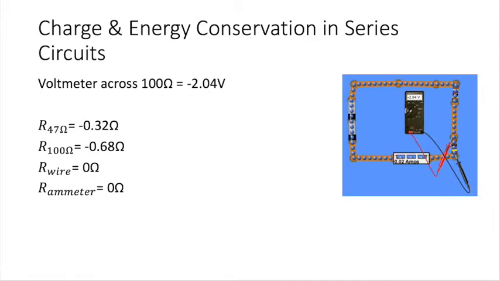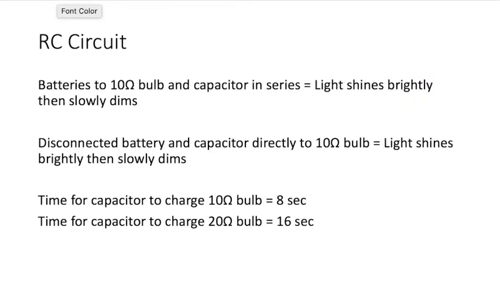Resistance for each of the circuit elements was calculated by the change in voltage divided by current. The resistance across the 47 ohm resistor was -0.32 ohms, -0.68 across the 100 ohm resistor, and 0 across the wire in the ammeter. In this section, we made an RC circuit consisting of a 10 ohm bulb, a 20